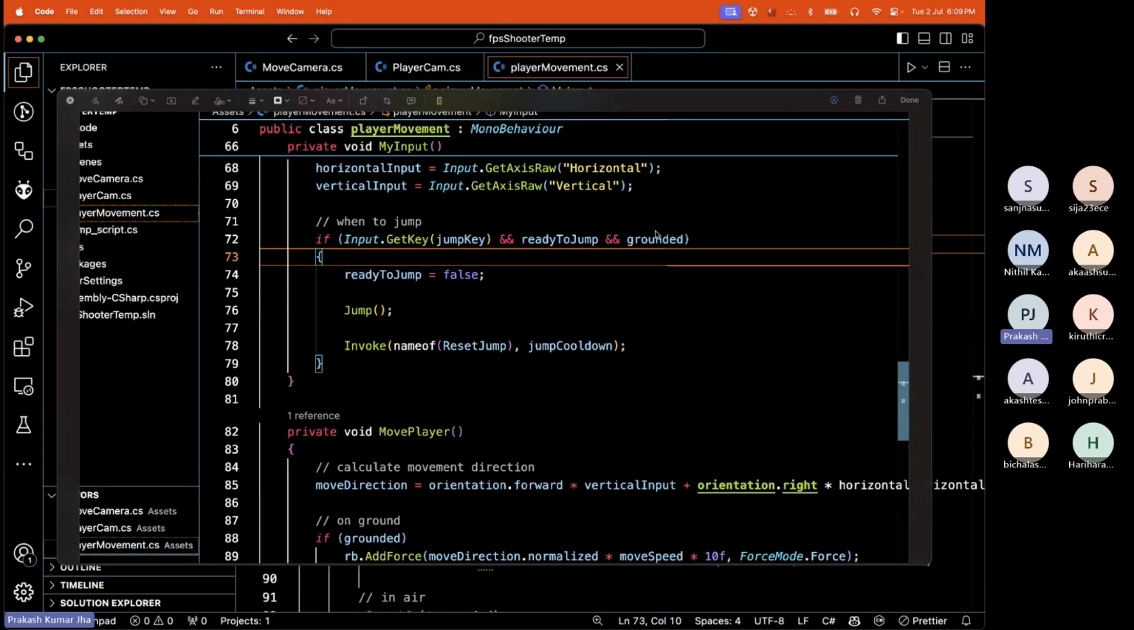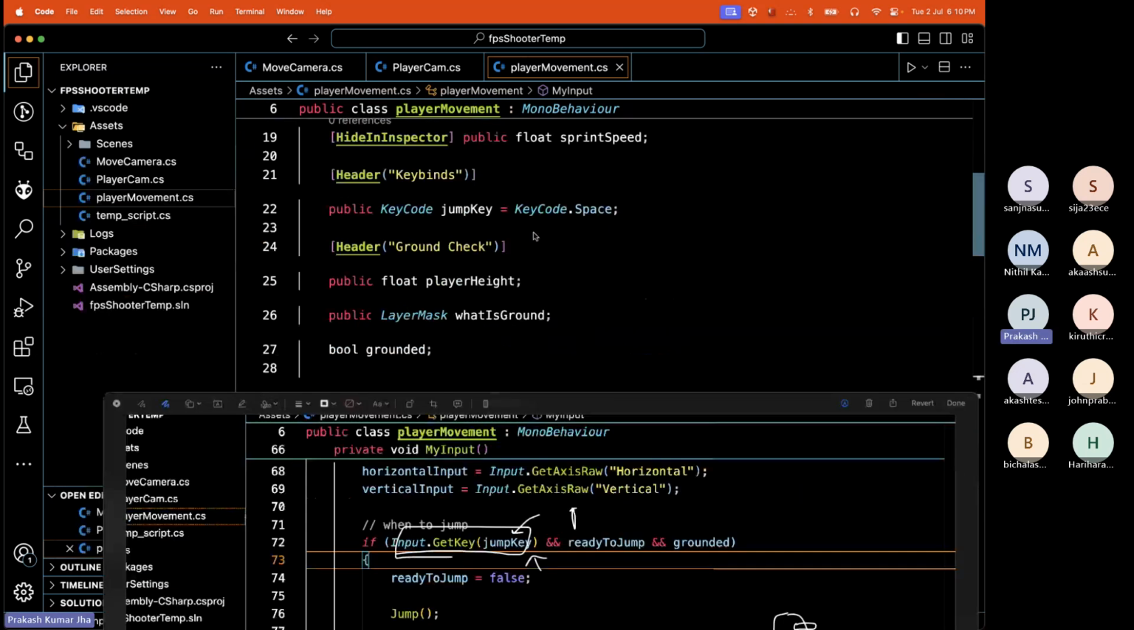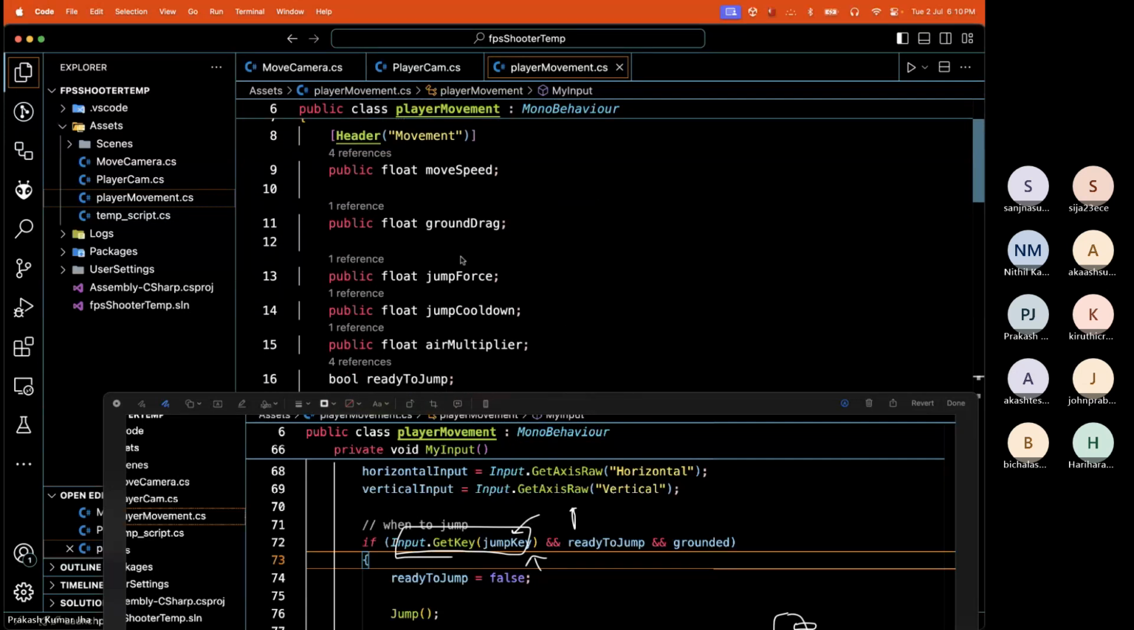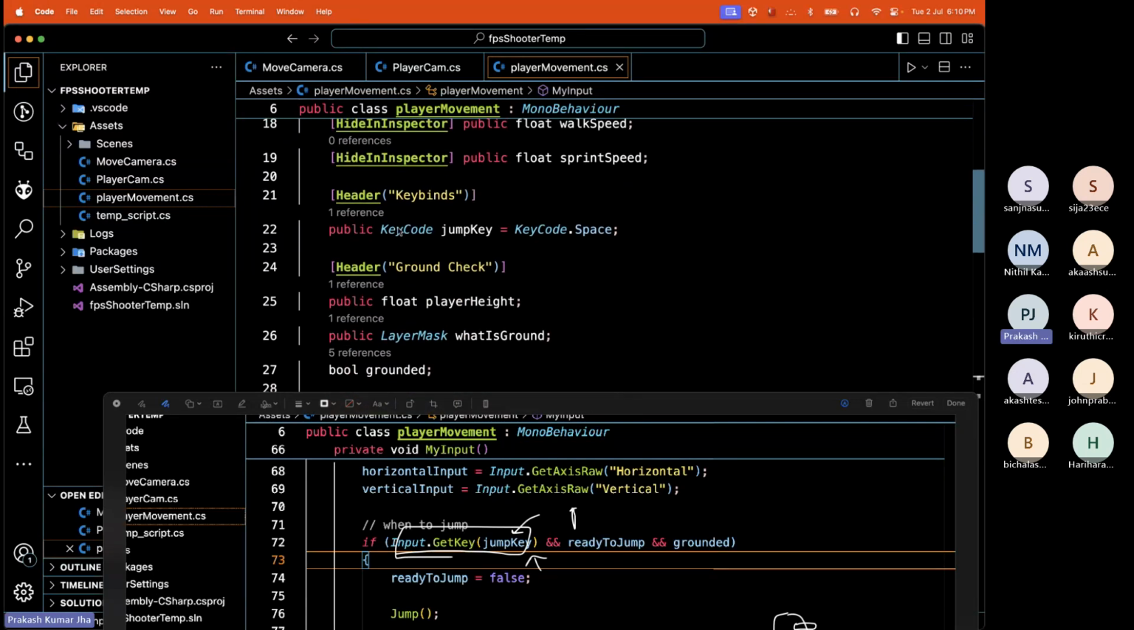What I'm saying is, we have a player like this, and it is touching the ground. Input dot get key is a jump key. When the jump key is pressed, this is a variable that I've created on the top. You can see there is a jump key, a public key code, the variable type of this, and it is actually key code dot space. So it's the space key. So what it is doing is,